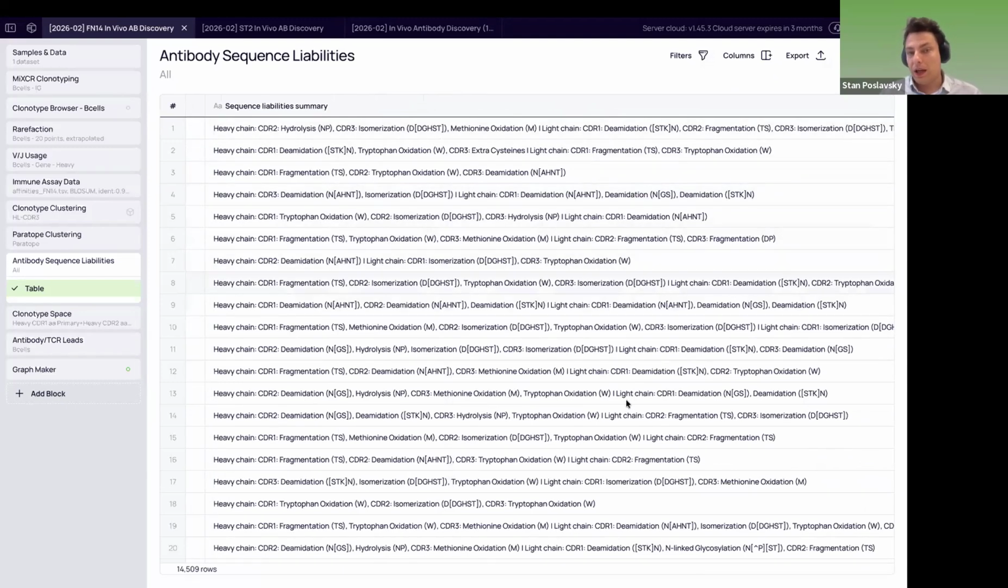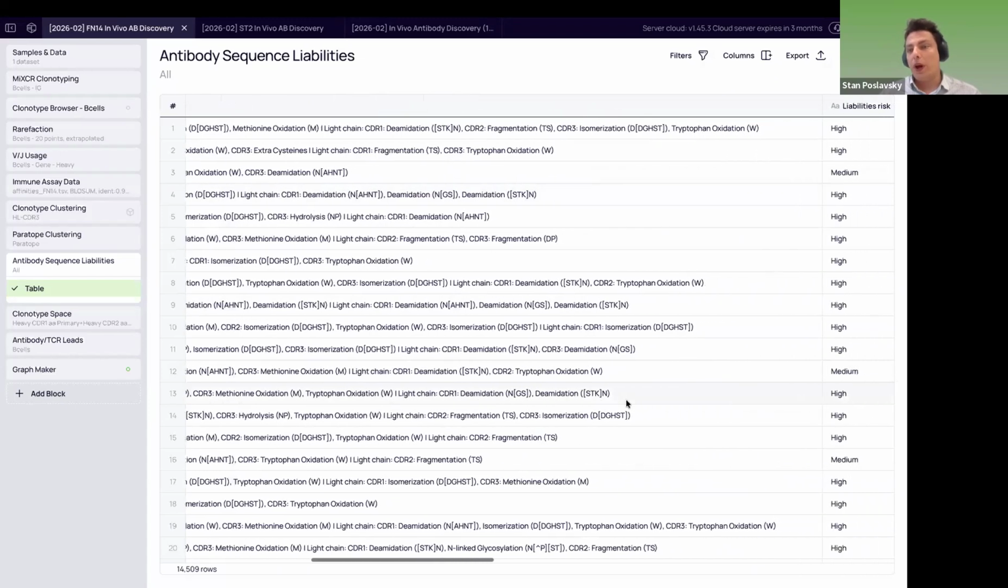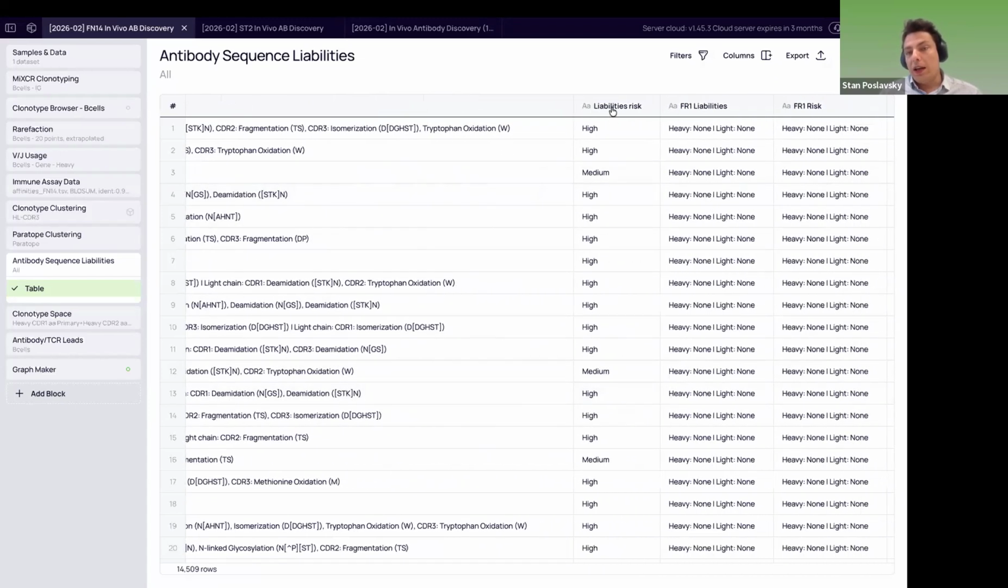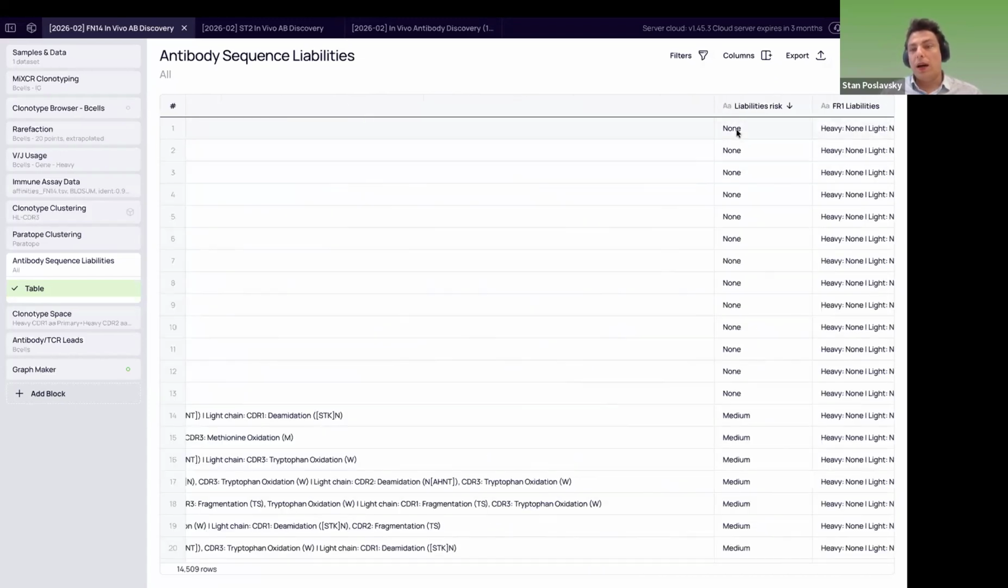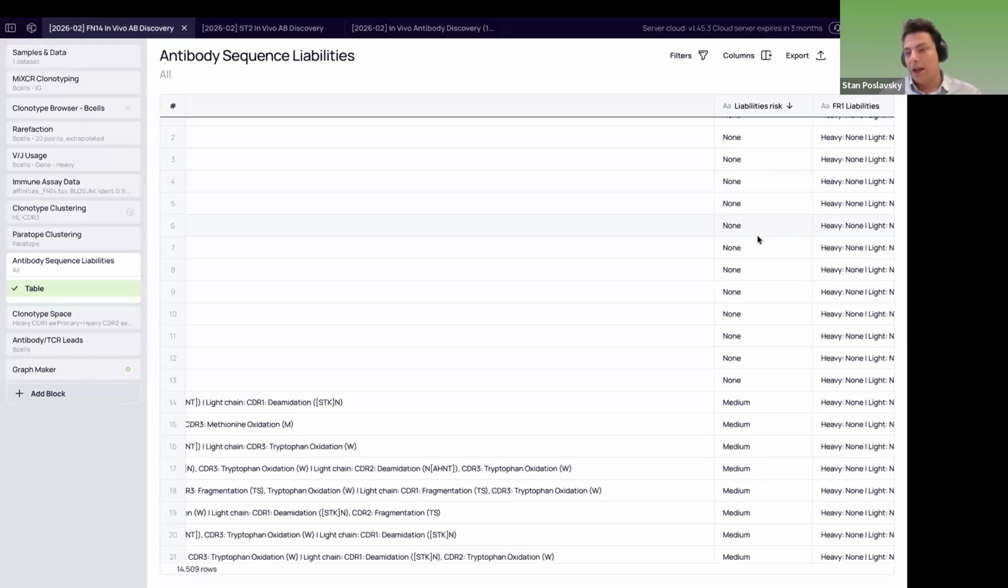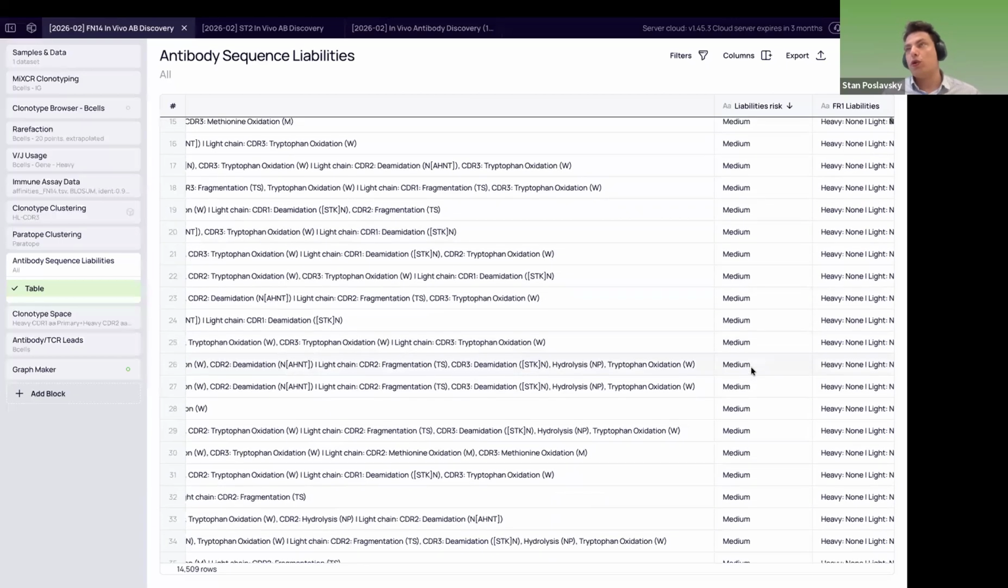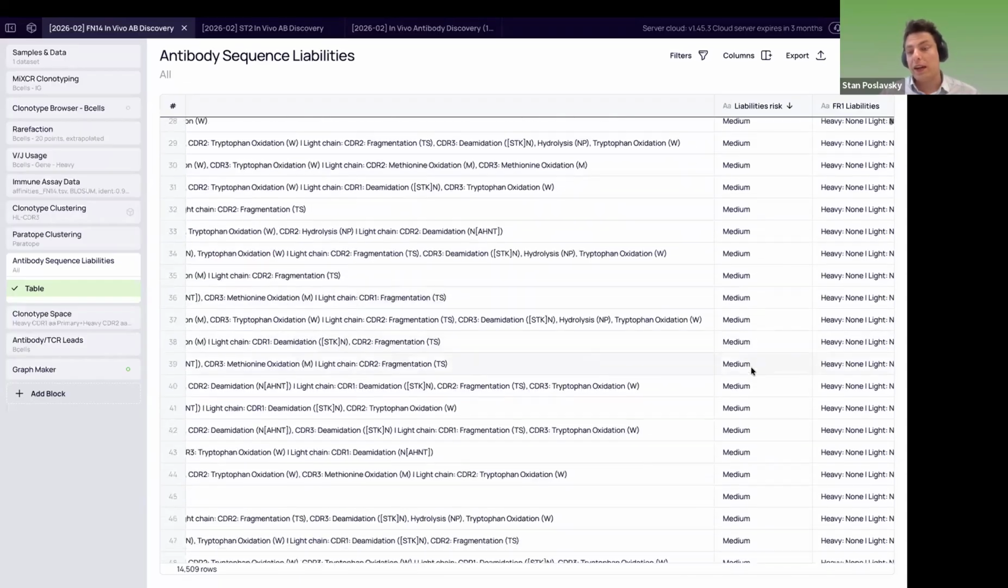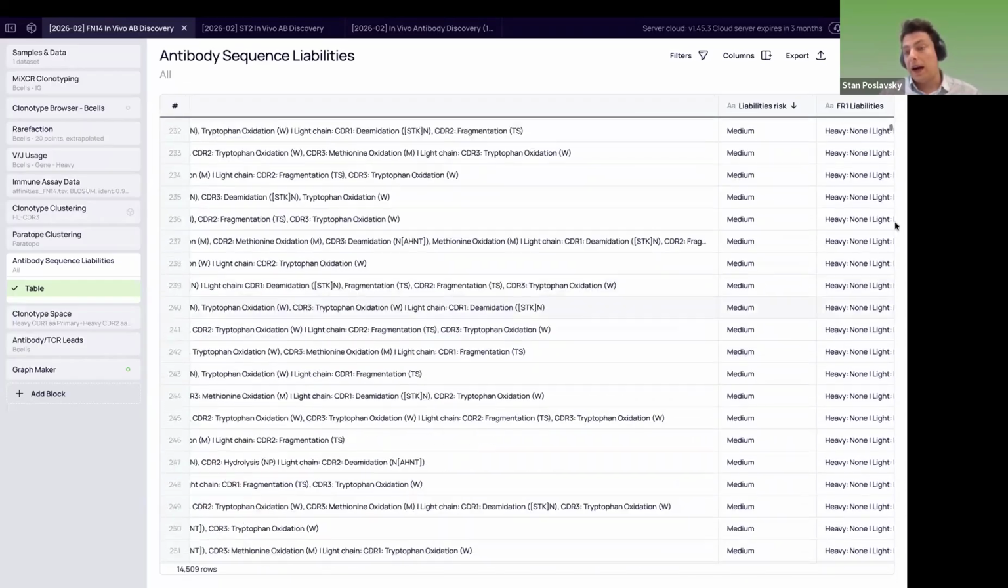What are the general liability patterns we have there? The overall liability risk goes from none, meaning no liabilities, to medium and low. Those are things that we can fix with immunization, with other tweaks on the protein engineering side, and high